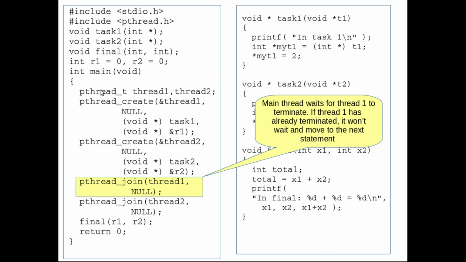In that case, the main thread will not wait and it will proceed to the next statement. So the main thread will wait here only in case task1 has not terminated, and in that case it will keep on waiting here till task1 terminates, and once task1 terminates, the main thread will proceed to the next statement.